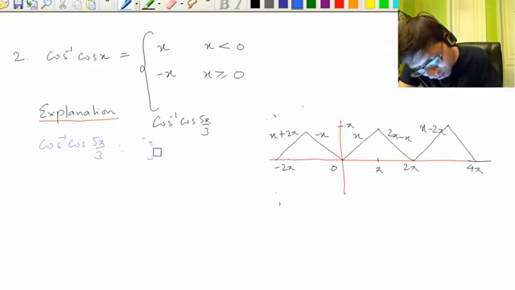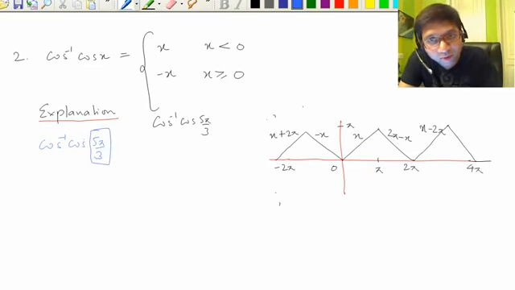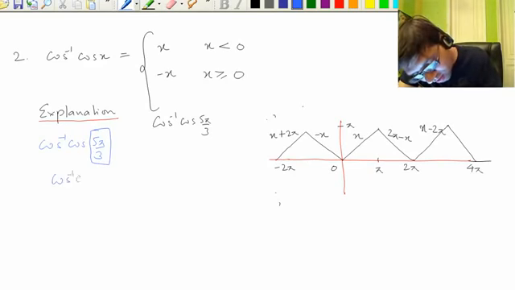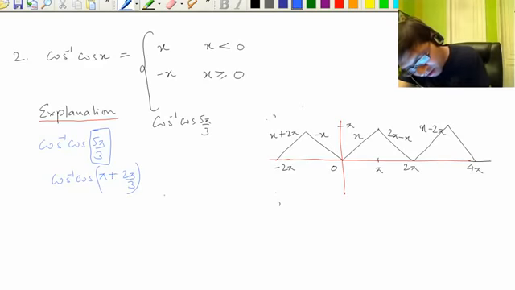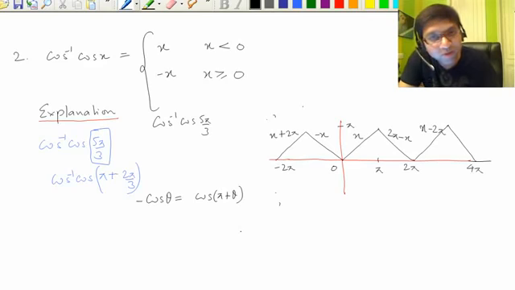So what option do we have? The option is that you bring this angle into the principal value branch, that is 0 to pi, and then you can cancel cos inverse with cos. So we can write 5 pi by 3 as pi plus 2 pi by 3, right? And we have this formula in trigonometry: cos pi plus theta is equal to minus cos theta.